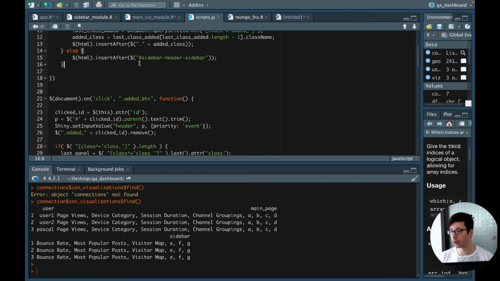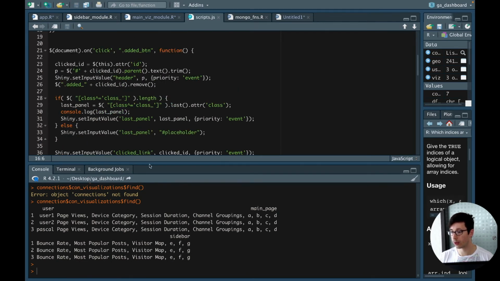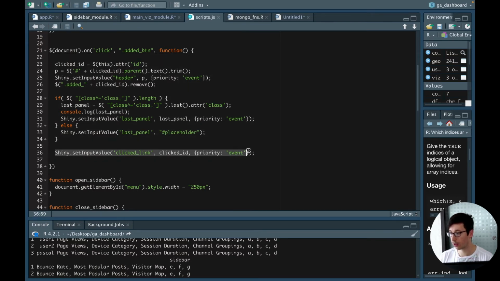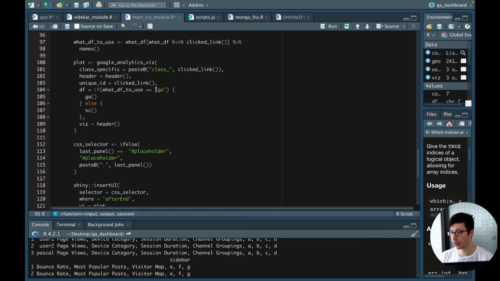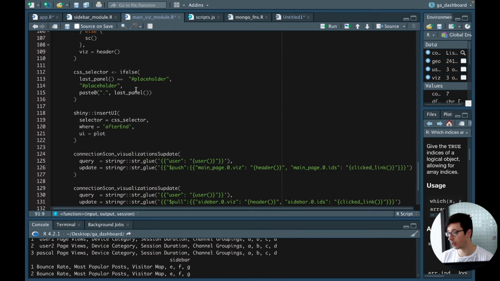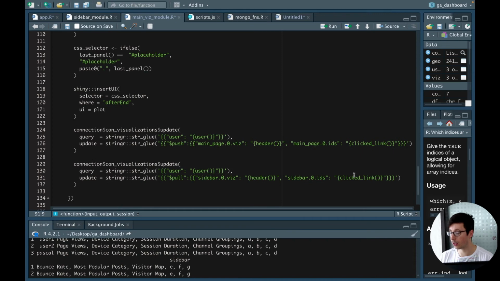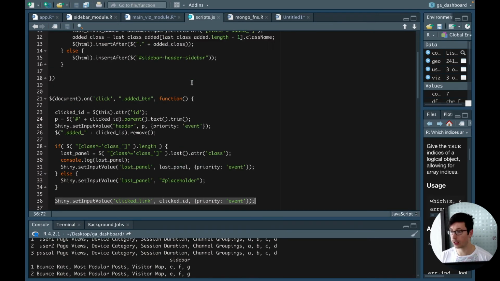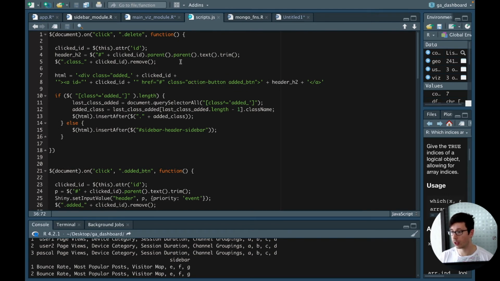So here, what we're doing in the script is, this function sends the ID that we're clicking to Shiny from JavaScript, and we're doing that here. It's called clicked link. And then we're using the clicked link here. That's the ID that's been clicked, and we're writing that to the database here and deleting it here from the sidebar. So similarly, when we're deleting a visualization from the main page,